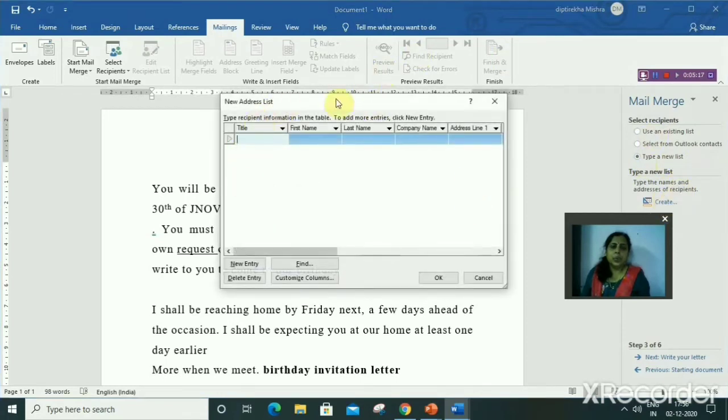This is the new address list, and I have to fill this up. So I have to write some recipient title, then first name, then last name, and company, then address.